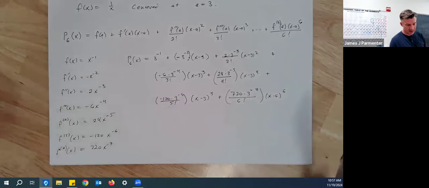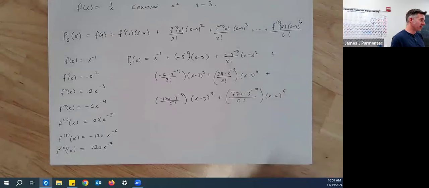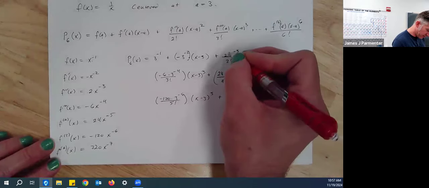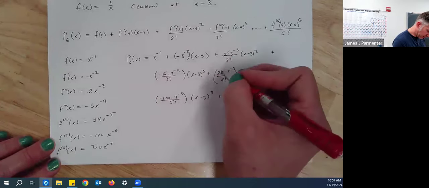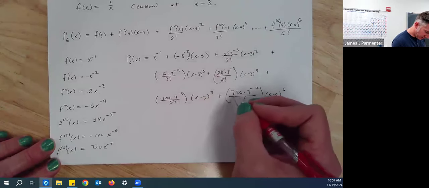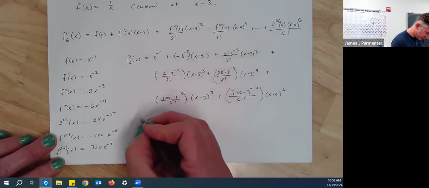Now, I will point out, because I feel like I have to, we could have simplified this really easily by noticing that that's 2 factorial and that's 2 factorial. 6 is 3 factorial. 24 is 4 factorial. 120 is 5 factorial. 720 is 6 factorial. So we really could have written this as